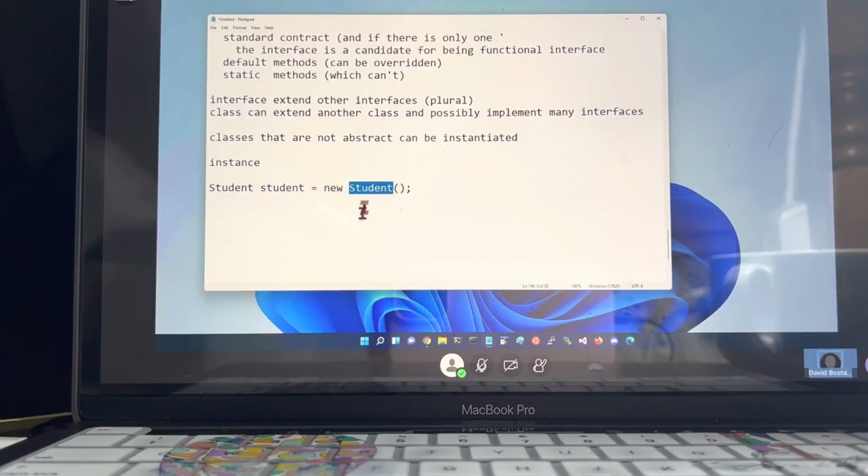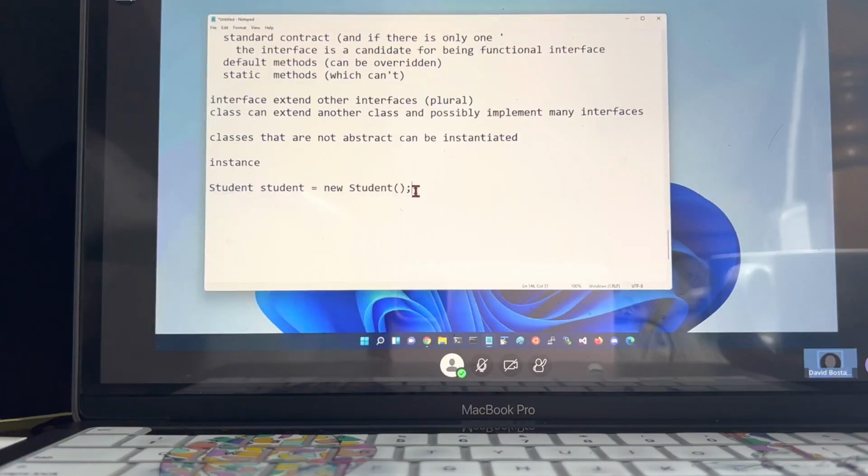There's cases where I'm going to write the class inline so I can use an interface name here. But in general, this will be a class name, an instantiable class. In any event, if I use new on it, whatever this is has to be instantiable. I'm going to instantiate it into a variable called student, which is of type or class student.